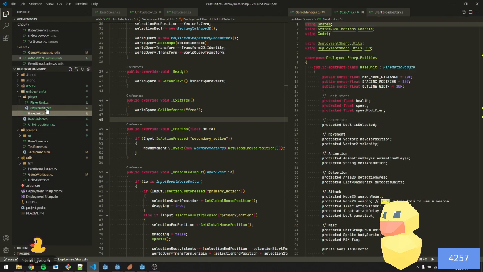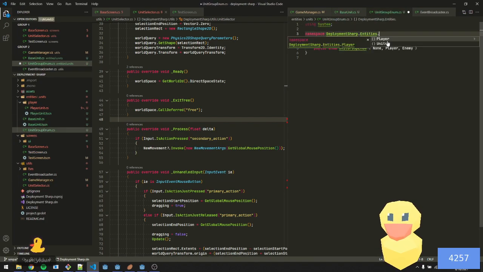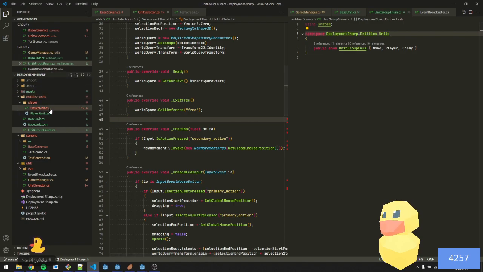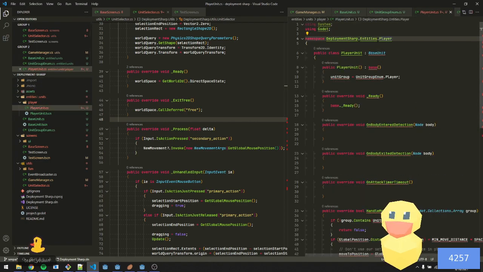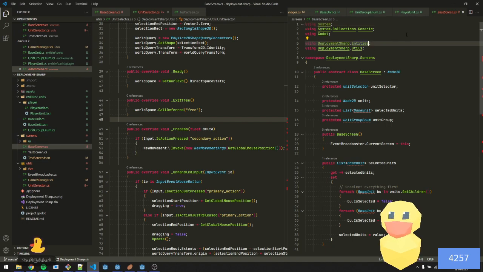So, base unit.cs. This actually needs to be entities units.cs. This one, units. It's a little tedious, but it's just how it is sometimes. Alright, so then this one actually needs to change as well. Right, and the reason why we're changing it is that